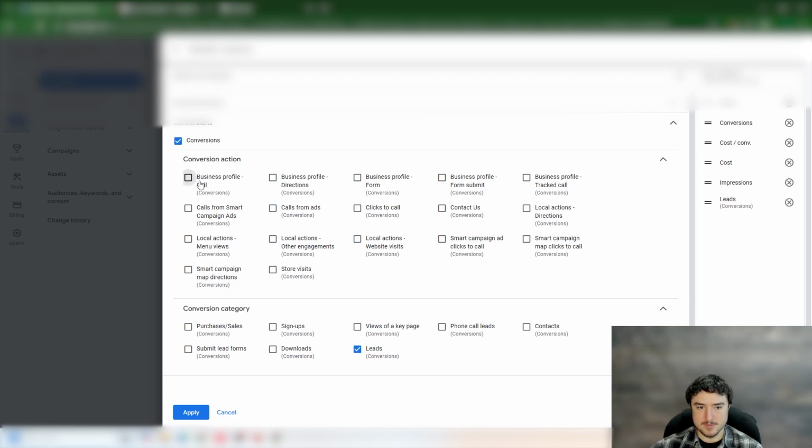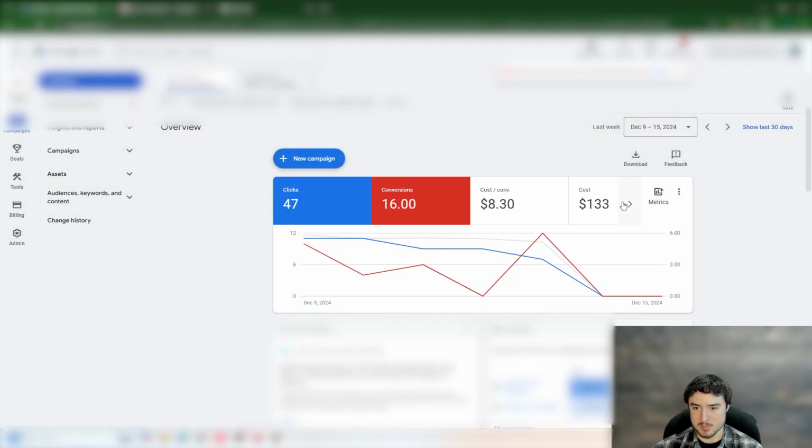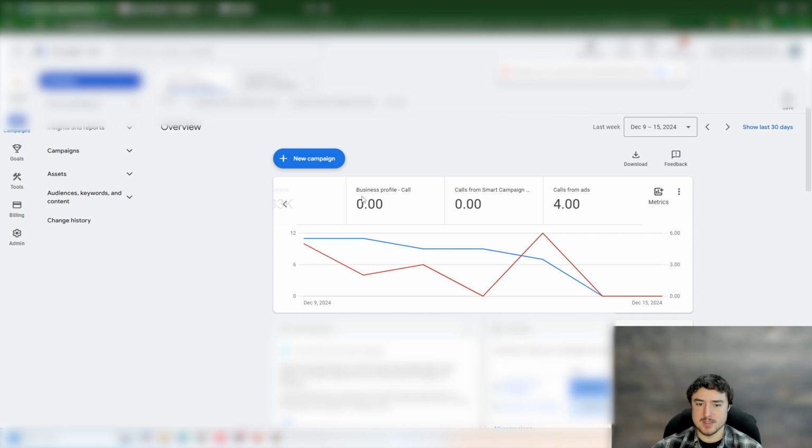So for this one specifically, for instance, usually what we consider to be leads are something like these business profile calls or calls from smart campaigns. We can click apply here. As an example of that, you can see here we have business profile calls set up, calls from smart campaigns, and calls from ads. These are actually all smart campaigns, but for whatever reason, they're showing up as calls from ads. So you may have to play around with it to see what consistently shows up as your calls or leads or whatever. Either way, once we figure out all our conversion or lead metrics on Google Ads,